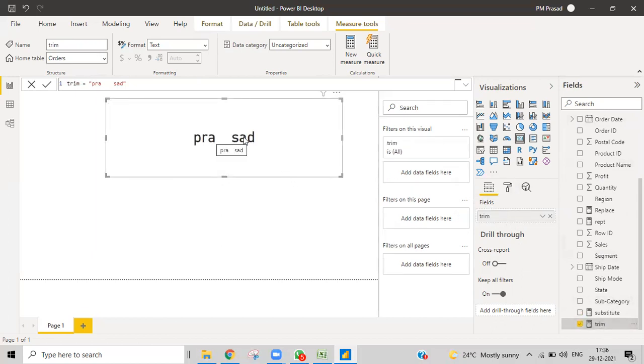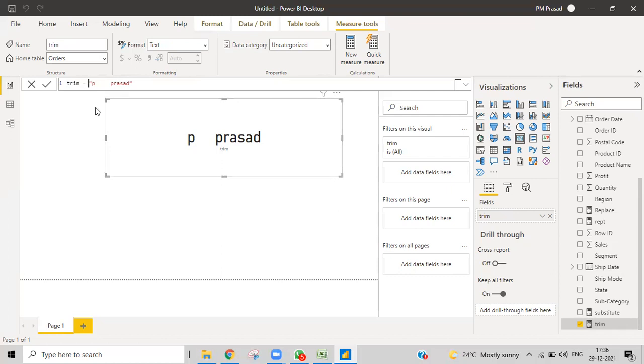I got too many spaces, but I want only one space. Okay, so I'll give it like P and P, and then press. I don't want too many spaces. I want to keep only one space.